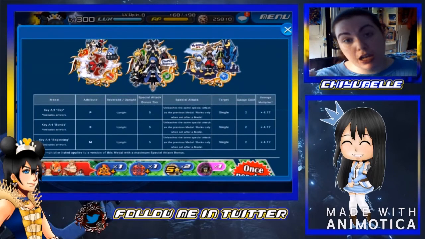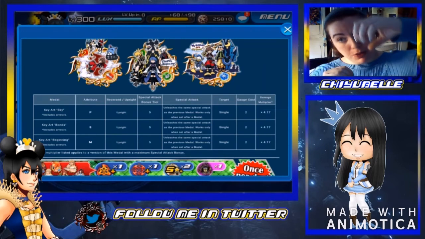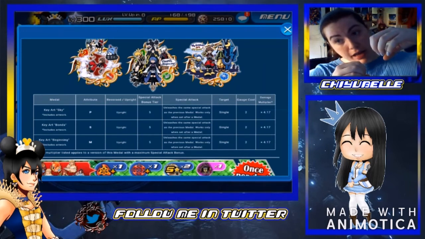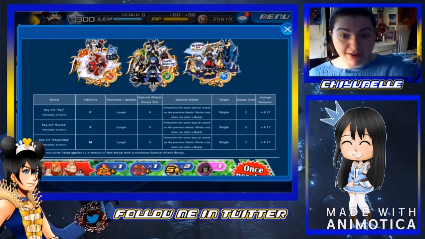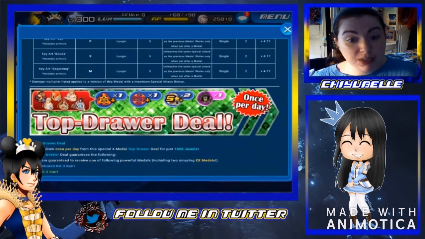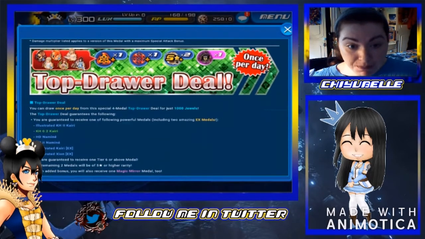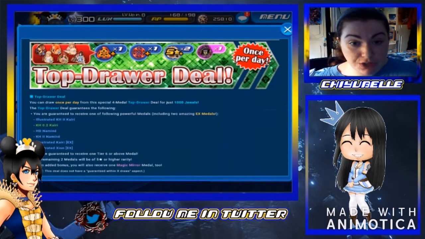They copy the medal before them. So if you have your 0.2 Kyrie and then your copycat key art, it will copy your Kyrie. So it's a very good deal for beginners. This one is also quite good, but I don't recommend pulling it all the time. Just on occasion, because if you want to be free to play